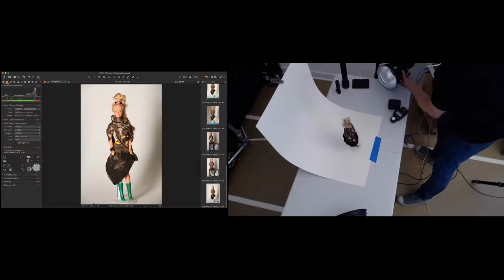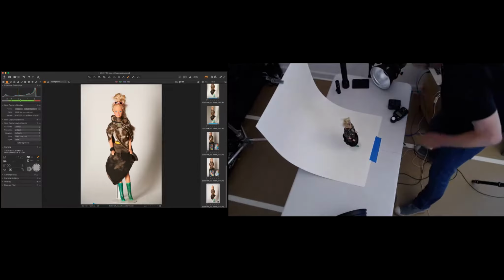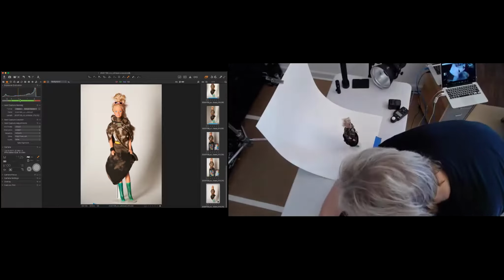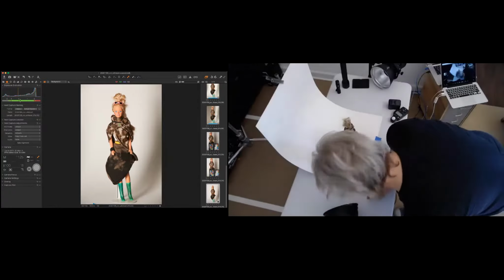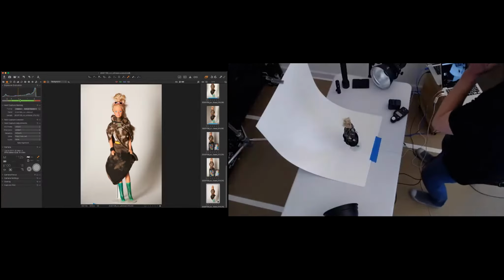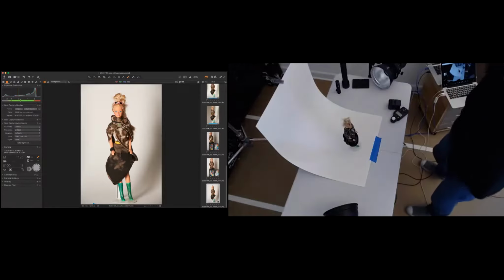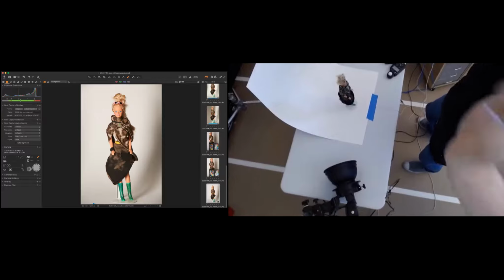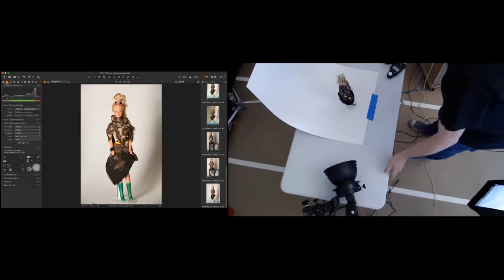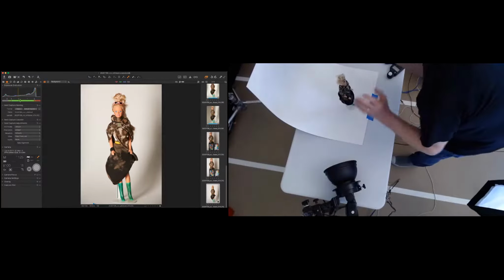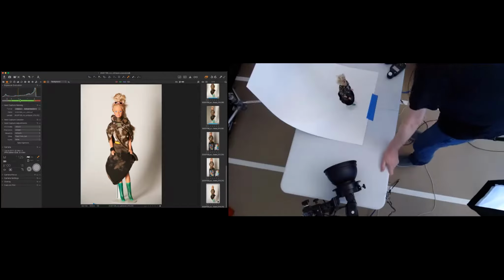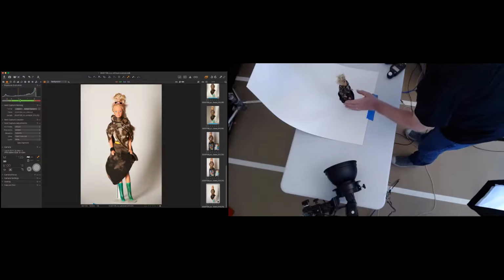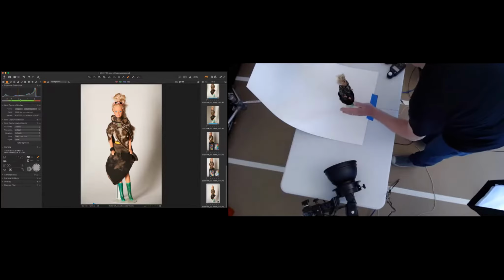So let me reset this. There's a reason for that, and the reason is this. I'm going to pan this down so you can see this one head a little bit better right here, or how I would deal with this. If I just turn these lights on right now, these are side lights, and they're both just going to absolutely drill this model, and that's not what I actually want to do here. What I'm looking to do is light up the background, but not her.